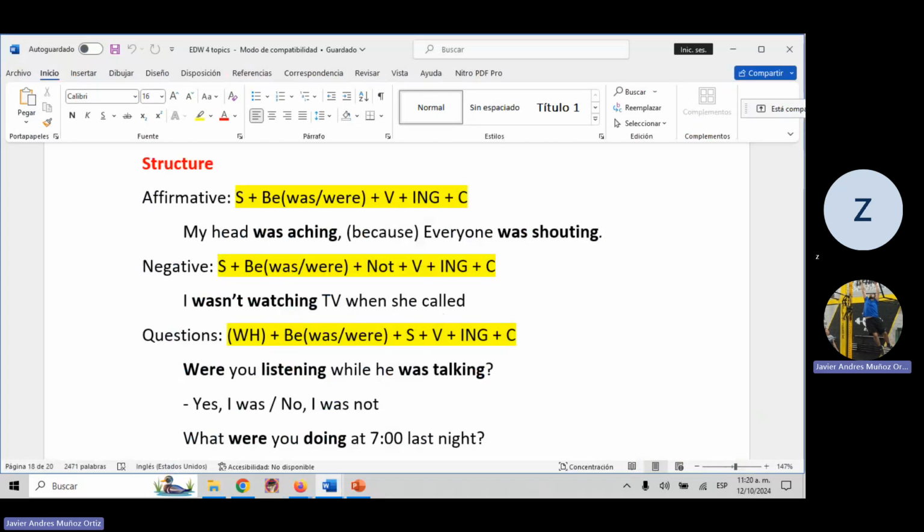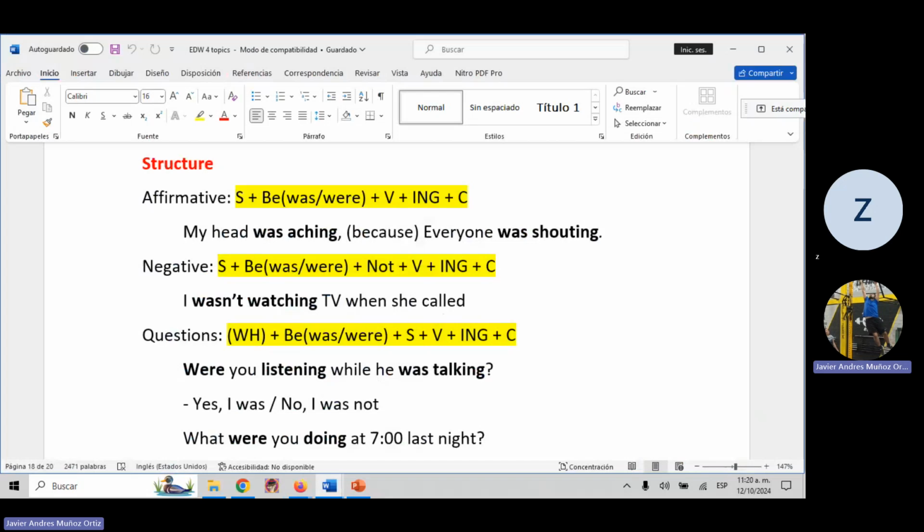We need more context because remember that we use past continuous tense with parallel activities. Sorry, we use this when there is one activity that's interrupted by something else. So yo no estaba escribiendo una nota. I was not writing a note